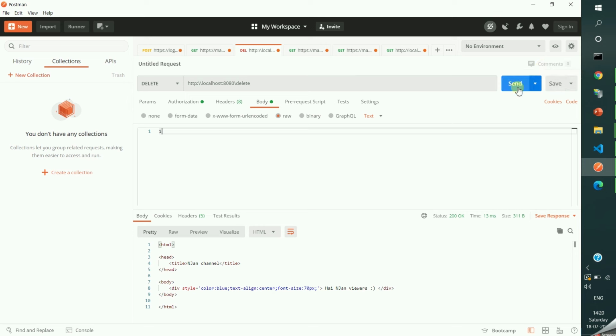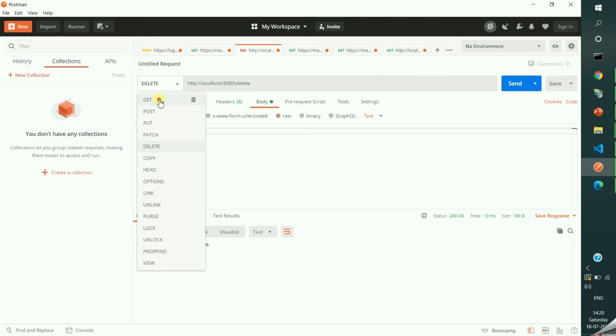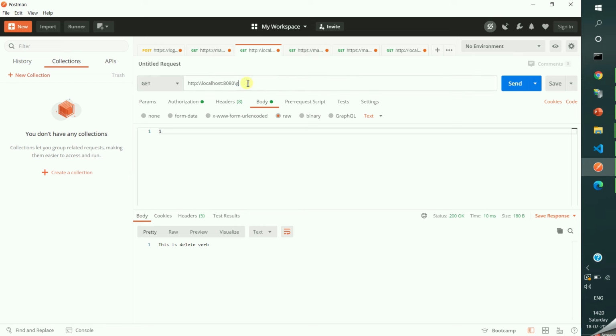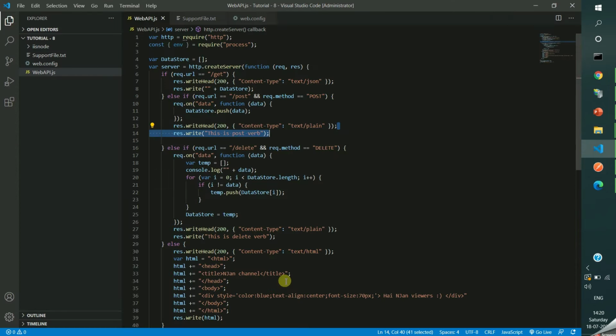Okay, we gave the wrong URL. The delete is called. Let me try get. It got deleted. I mean the position one, right? Because we are storing in an array, so we already have engine in 0 position, engine 1 in first position. I deleted the first position value. That's the reason we are getting only the single value.